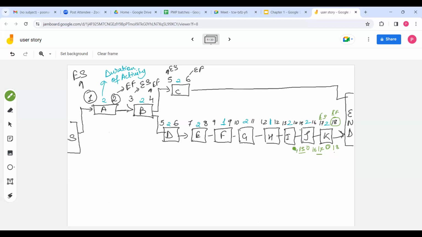It is a 2-day activity, so you have to start this on 13th. 13 minus 13, 0. 14 minus 14, 0. Again, it is coming to 0. Then you can finish activity H